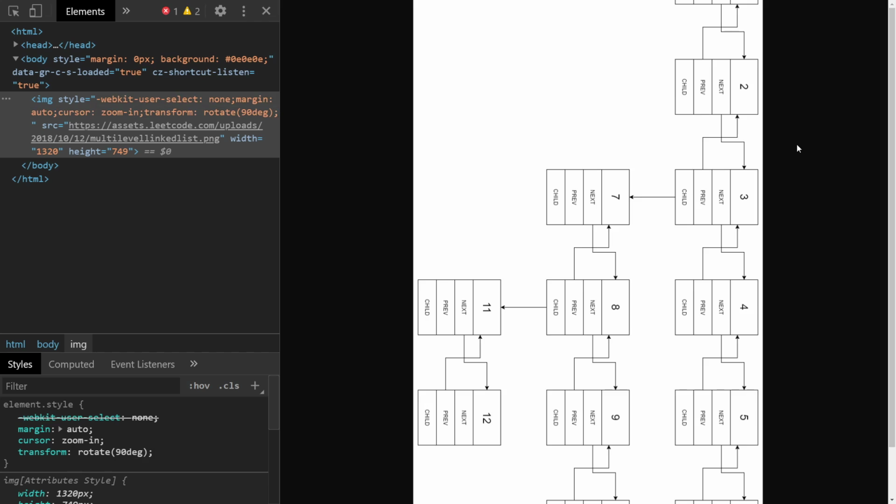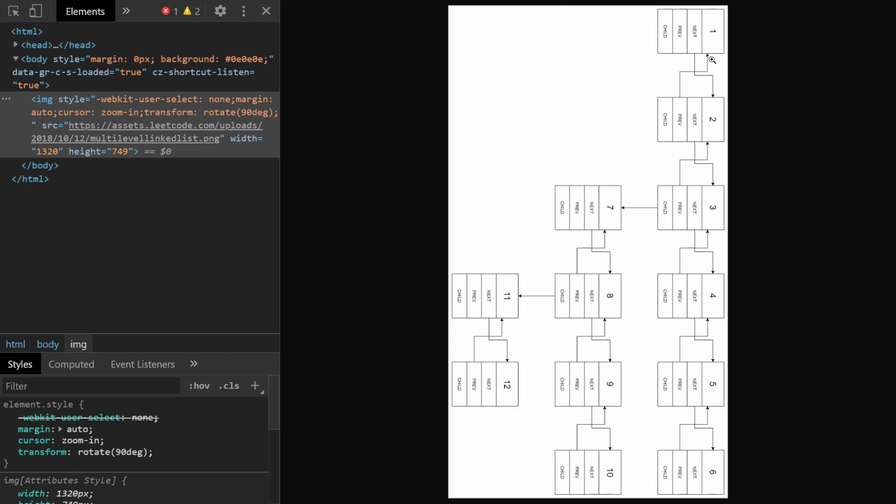Now if you think about this image, if you look at this node, and suppose this node was in the middle and it had 2, then 2 has 3, and then 3 has 2 nodes going out of it. One is 7 and one is 4. So it actually looks like a binary tree. This is 1, this is 2, this is 3, and then there are two children, one is 7 and one is 4. And if you look at 8, it has two children, one is 11 and one is 9. So there is no node which has more than 2 children.